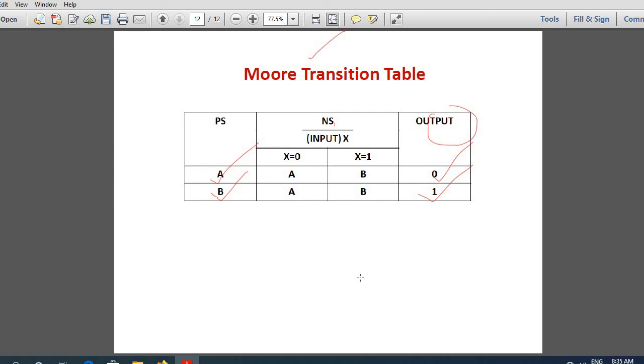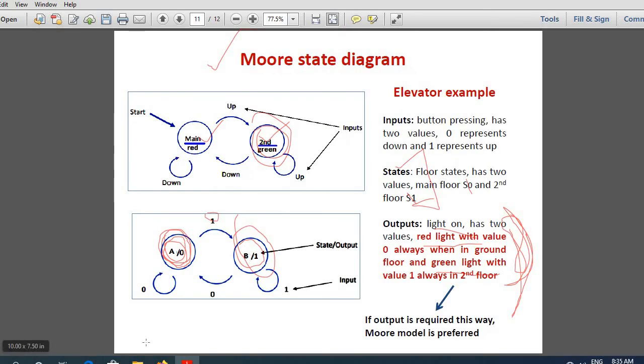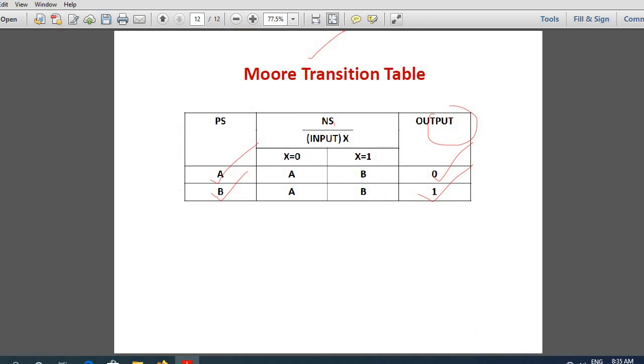So usually in KDU questions, they ask the diagram like this. Just a minute. So usually what we see in 2 or 3 question papers, they give the state diagram like this. Then they ask you to identify what type of state machine is this, and then you design the machine. So how to solve such problems will be taken in the next 2 sessions. So that's all for now.